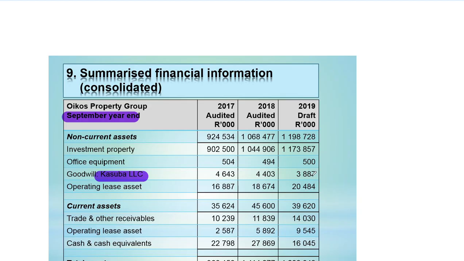That means potentially there is an impairment of goodwill. Then you would like to know why they're impairing the goodwill of Lusaga LCC. Probably Lusaga LCC is not doing so well. We don't know. We're just making assumptions based on the numbers they are providing us. And no one said this is a trigger. It's just for you to consume the information presented to you for the benefit of doing well in the exam. Then there's an operating lease asset. When you're looking at the operating lease asset, what do you see? From 2017 to 2018, we see an increase. And from 2018 to 2019, we see an increase of the operating lease asset.